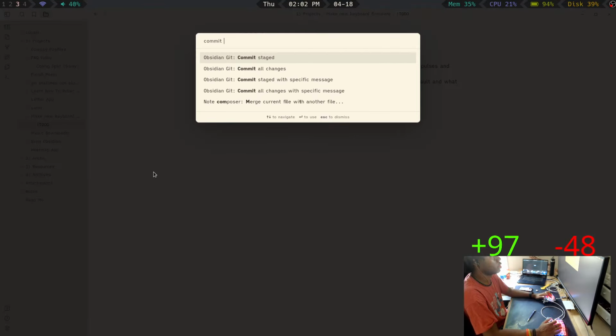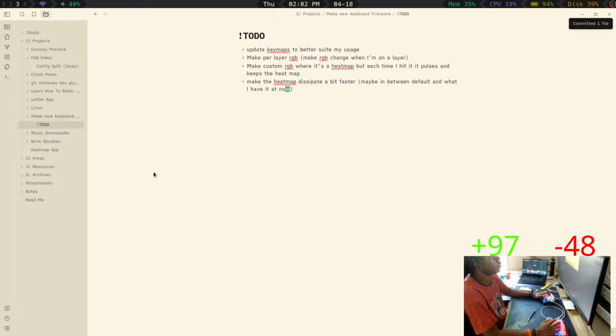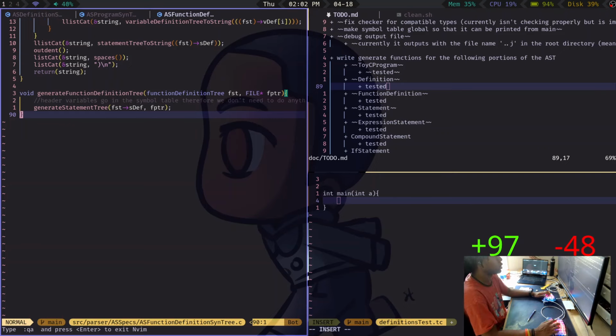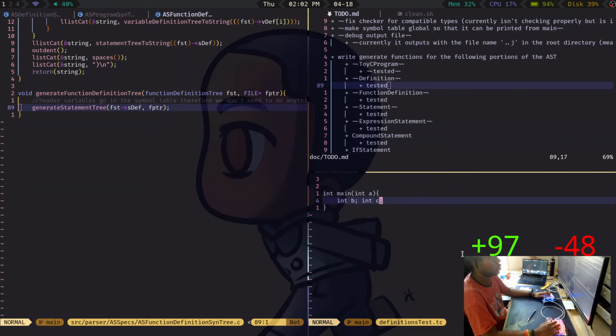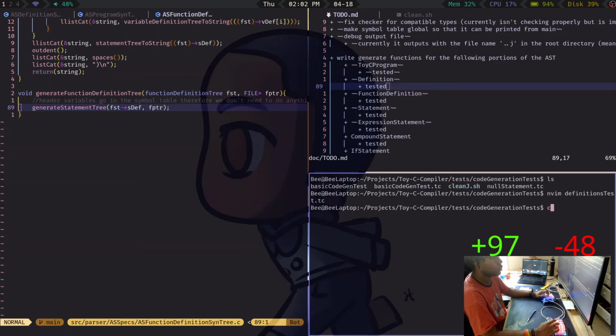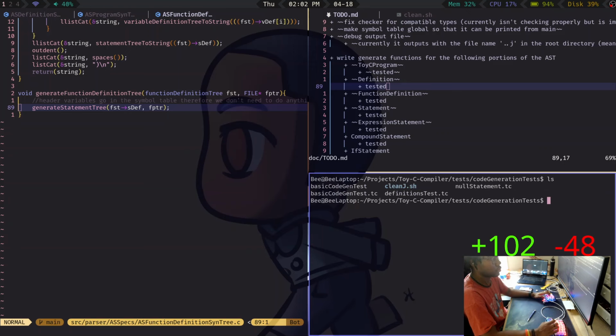Commit all. Push. Okay, random side thing, but before I forgot that. So, and then let's do int b, int c. I don't know if you could do it per line like that. I'm pretty sure you can.